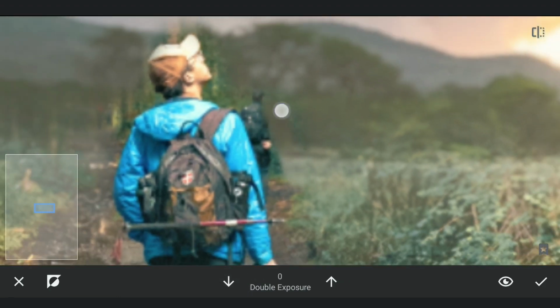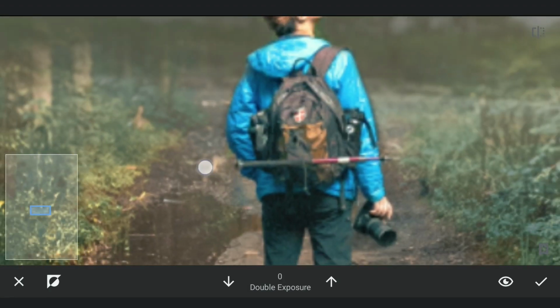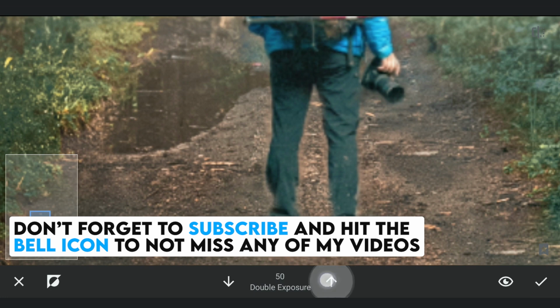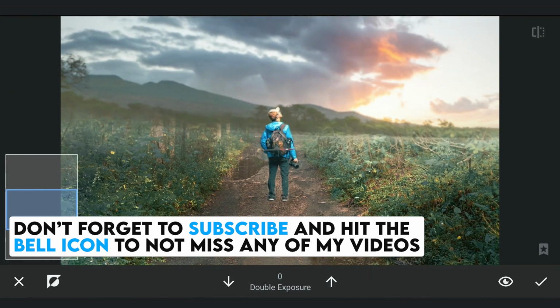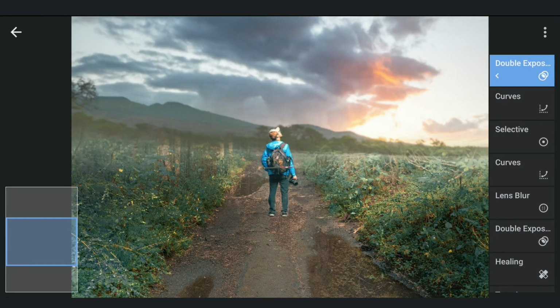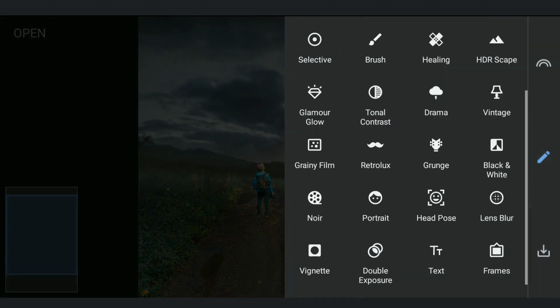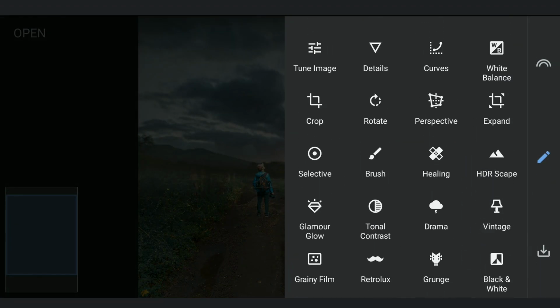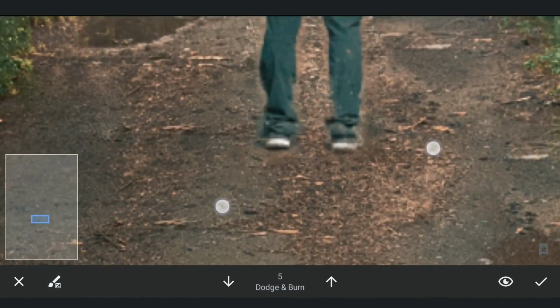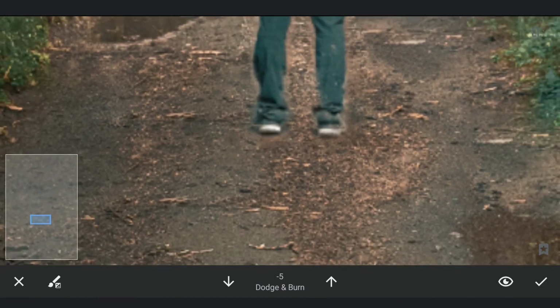Now precise masking work around the edges to get a good selection of the subject. You can notice it doesn't look good because of the missing shadows. So now using the brush tool, I'm going to do some burning by reducing the brush value to -5. And carefully brushing around the feet and the left side to replicate shadow of the subject.